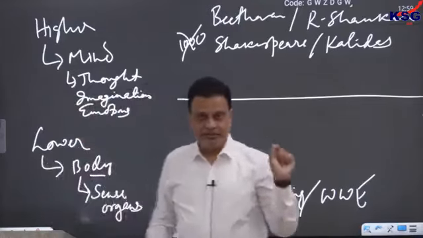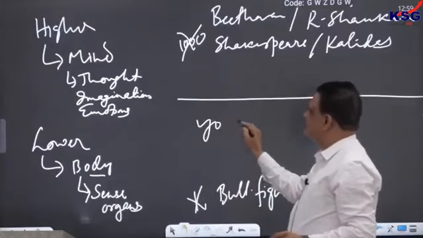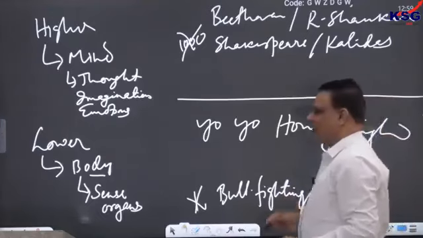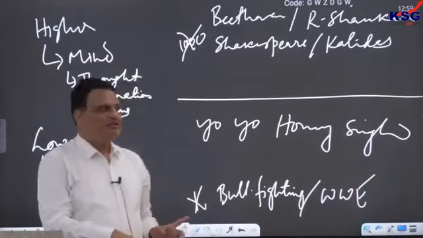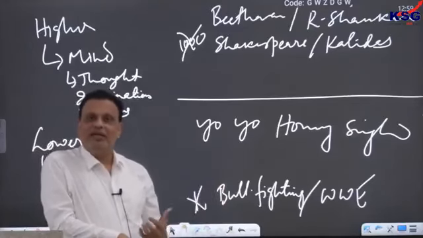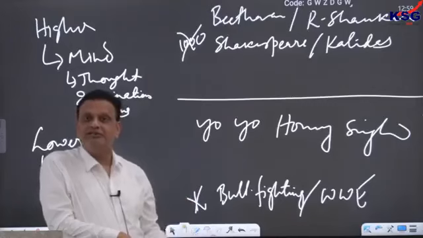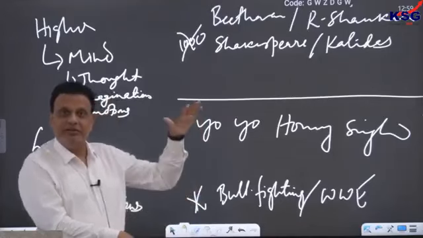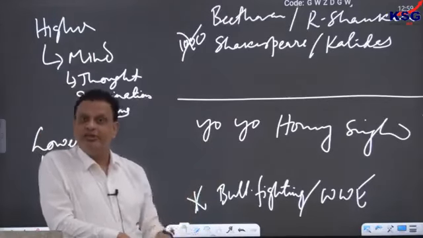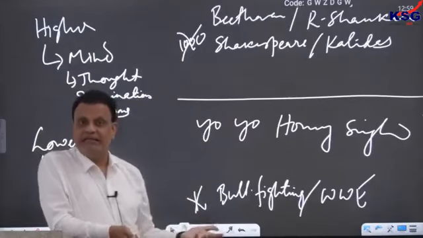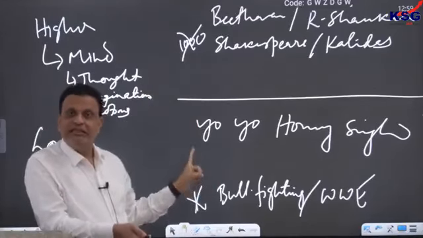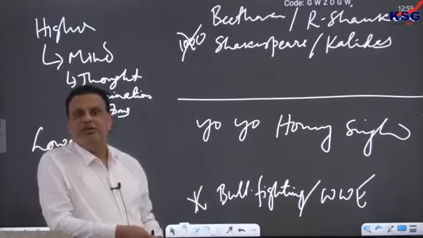On the other hand, if you listen to the music of, say, people like Yo-Yo Honey Singh or somebody, then, and this is my personal experience, it will activate your body. You feel like jumping, dancing, shouting, screaming, fighting, etc. But your mind becomes numb. But when you listen to classical music, your mind becomes more active and your body becomes quiet. You feel calm and quiet in that case. So what activates your mind is the higher pleasure. What activates your body is the lower pleasure. This is what Mill will say.